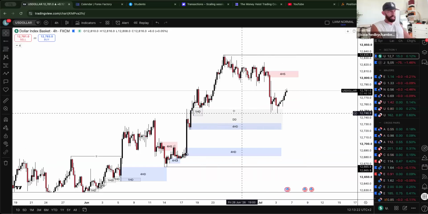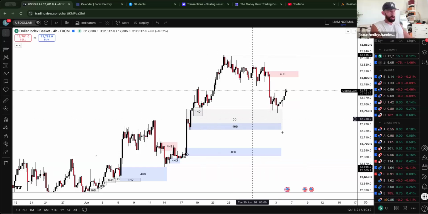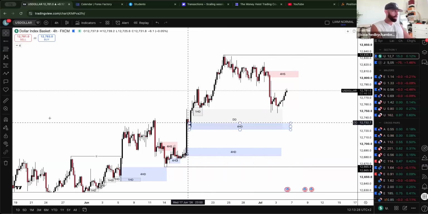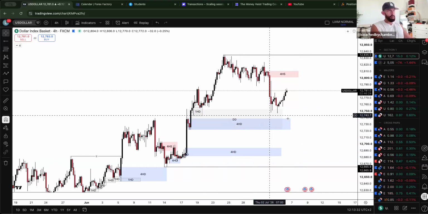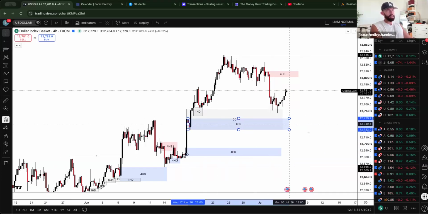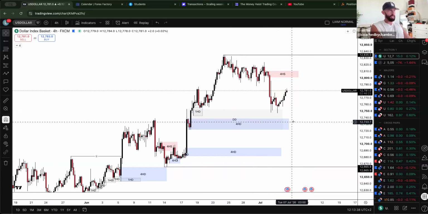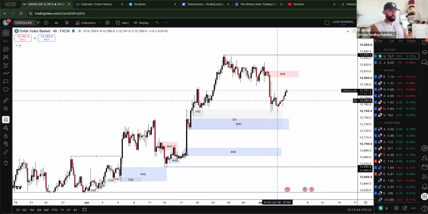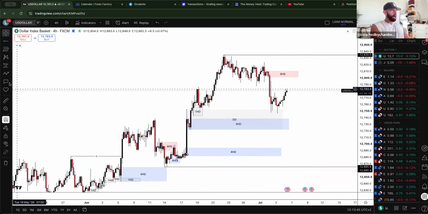We do have this daily demand area, which is what we just talked about. Yes, we do have this 4 hour demand area here as well. You can mark it out as this singular candle or these two candles here. Market hasn't reached into that demand. But of course, we are obviously moving away from this daily demand. Now, for me personally, this price action is not something that I'd look to trade right now.